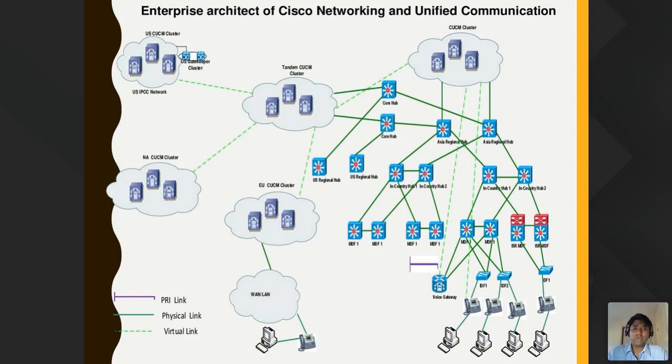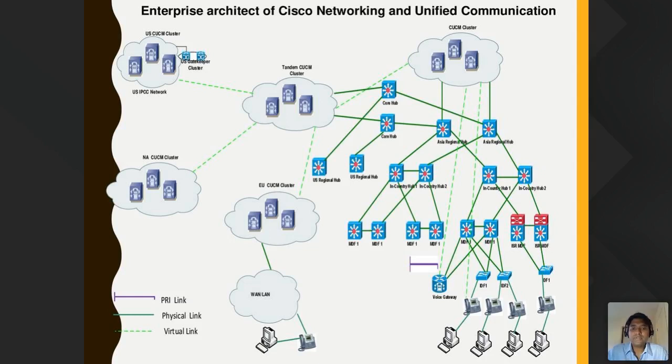That's how it works. And in unified communication, in the same way, in a cluster we will not have one single server. We will have a cluster of servers. So if any one server or database is damaged or down for any reason, the same IP phones, the same system will register with another system and act like nothing happened at all, because the failover happens in nanoseconds. Immediately, you don't even experience that there is an outage or an issue. That's how backups are readily available in all the network technologies that we have now.